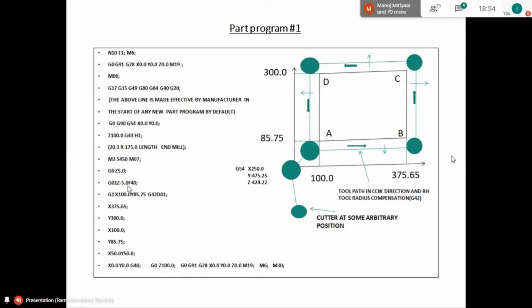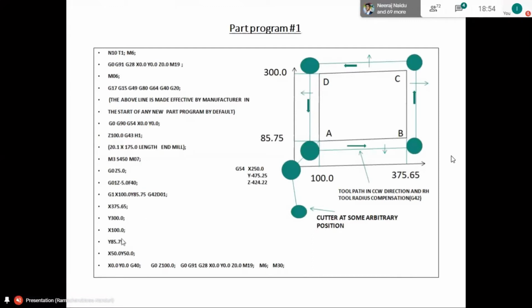So I have given a depth of cut of 5 mm, and the face of the cutter was at a distance of 5 mm from the front face of the workpiece. From there, it will travel towards the workpiece by 10 mm, because there is a 5 mm air gap and another 5 mm depth of cut which it will take.